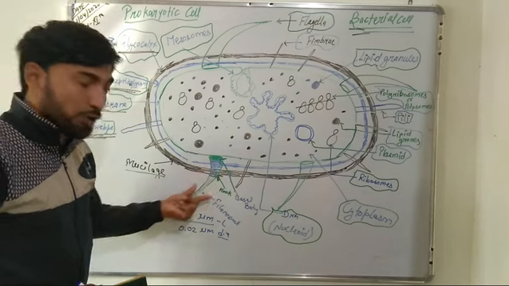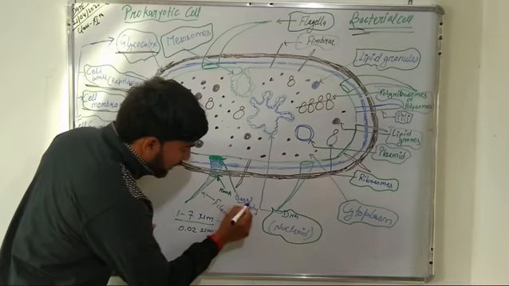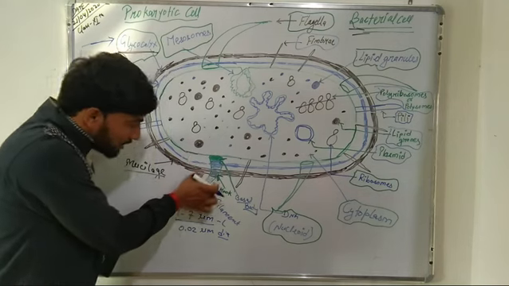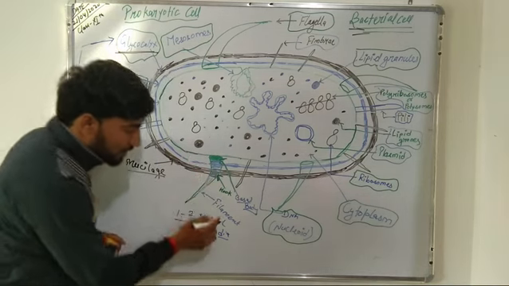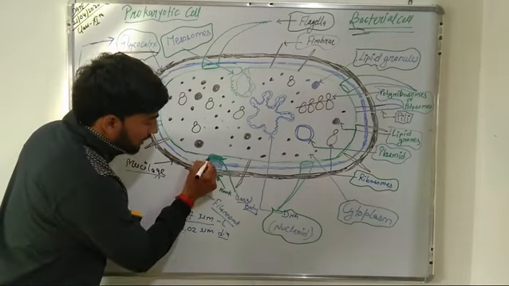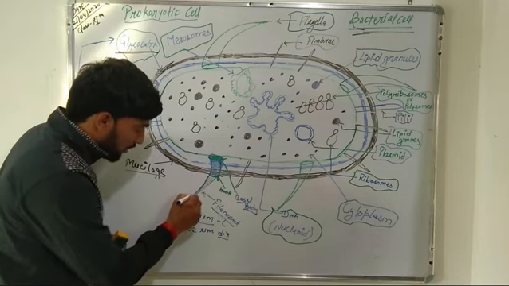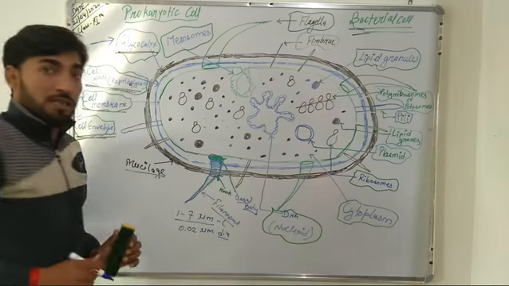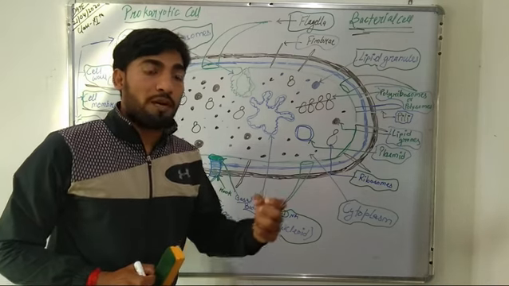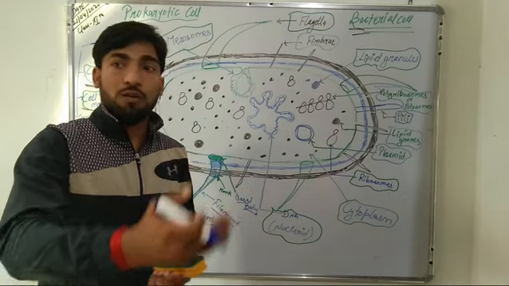These flagella are tube-like structures and consist of three basic parts: a basal body which gets attached to the cell membrane or cell envelope, then a hook-like structure, and the last and largest, the filament. So each flagellum consists of three parts: the basal body, the hook, and the filament. These flagella help in the movement of bacteria, that is, the locomotion of bacteria from one place to another.